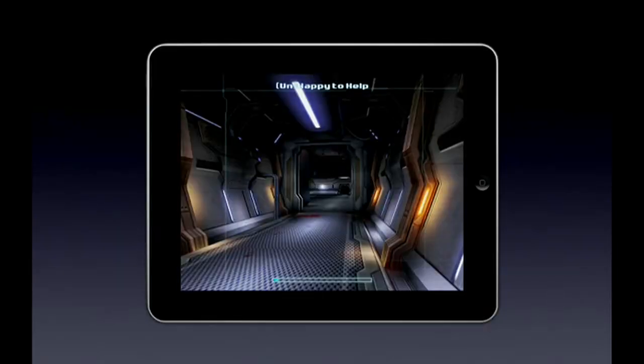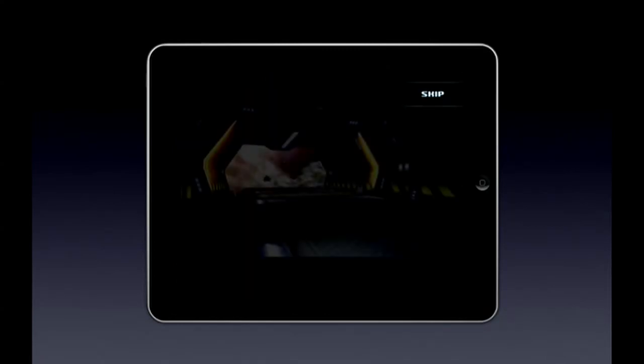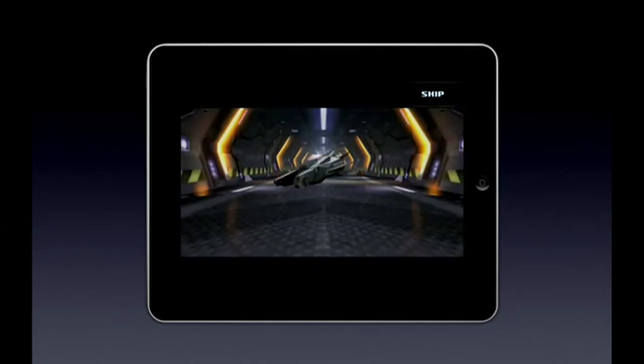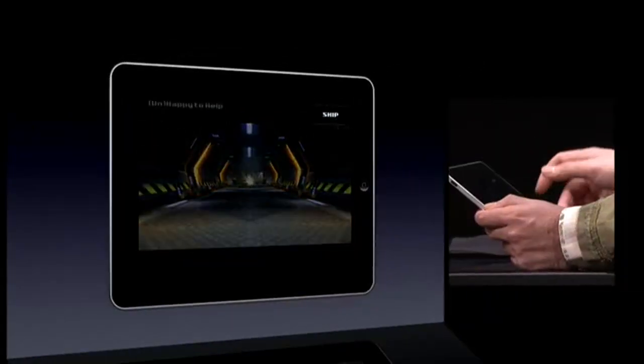Today, my colleague Bogdan and I are here to show you some amazing new gameplay mechanics that we've worked into our award-winning first-person shooter called Nova. So what's different about Nova on the iPad versus Nova on the iPhone or the iPod Touch? Well, when you hold the device in your hands, you'll see the display is just huge, which makes the game immensely fun to play. But the size also gives you a lot more flexibility when it comes to controlling the